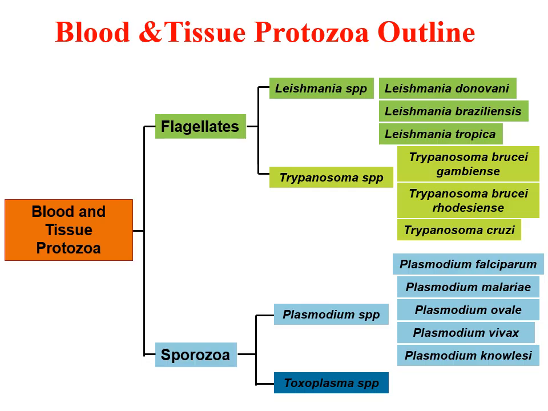Now, in this part of the lecture, I will be emphasizing more on the characteristics of select blood and tissue protozoa stages. To remind you, the blood and tissue protozoa are divided into both flagellates and sporozoa. Among the flagellates, I'm sure Dr. Awar covered to you all Leishmania species. Most importantly, Leishmania donovani responsible for visceral leishmaniasis, Leishmania brasiliensis responsible for mucocutaneous leishmaniasis, and Leishmania tropica responsible for cutaneous